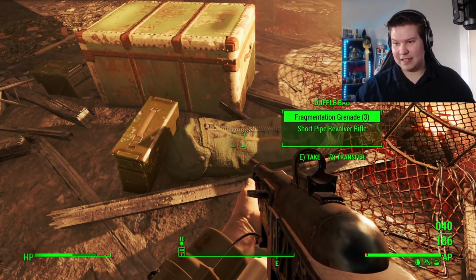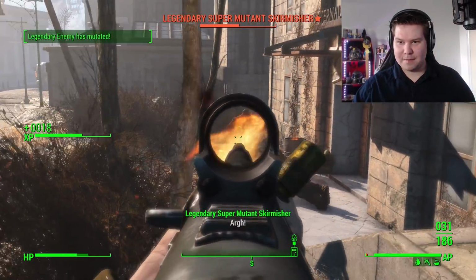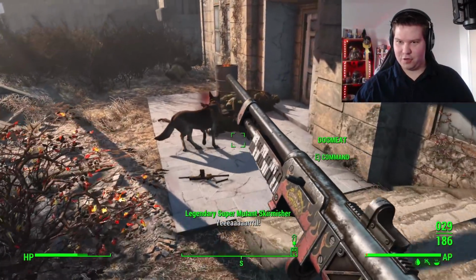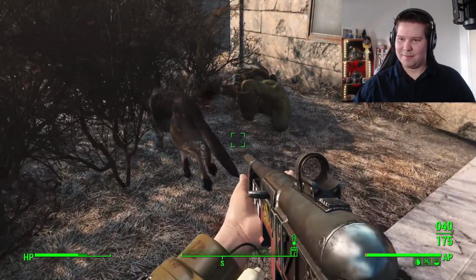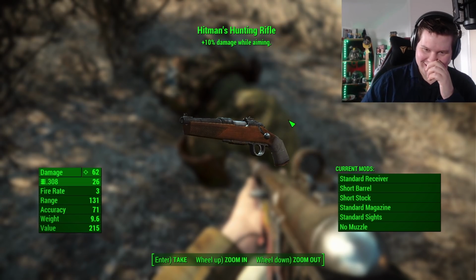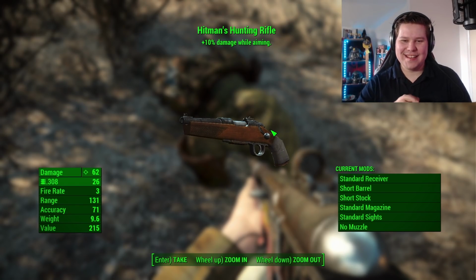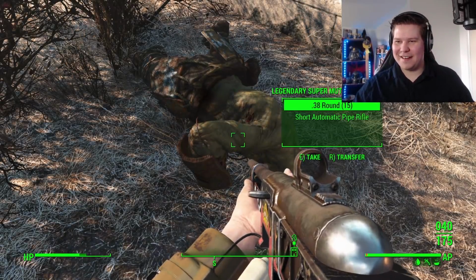Okay, well besides that, let's go. Oh god. And like Mr. Many a True Nerd's run, the super mutants follow you outside. Must remember that. That's all you got. A Hitman's hunting rifle. 10% damage while aiming. You see, that also I don't think is better than what...